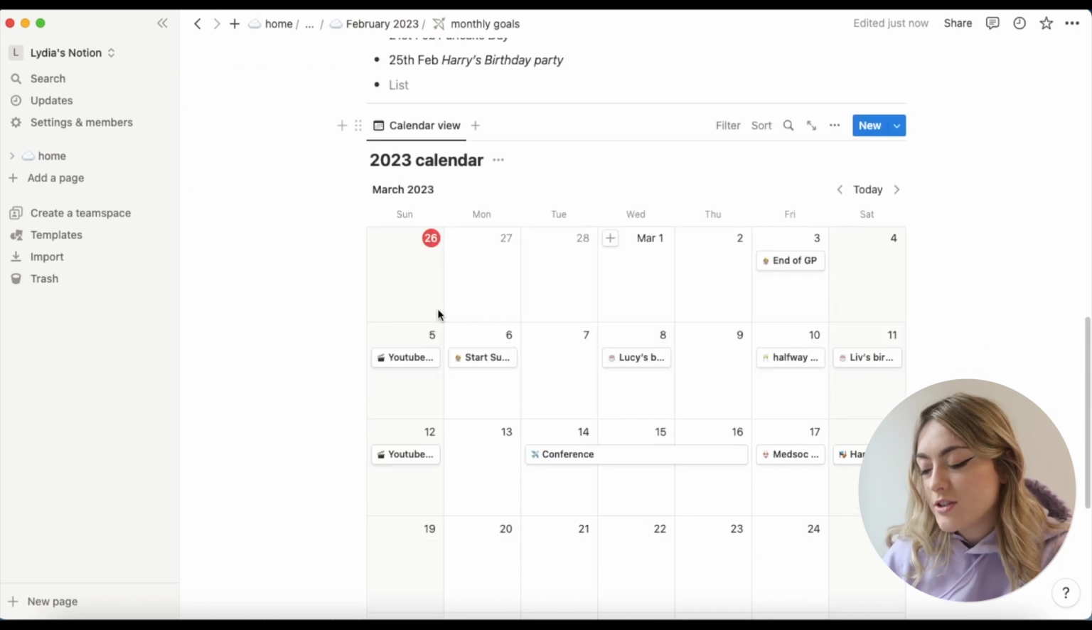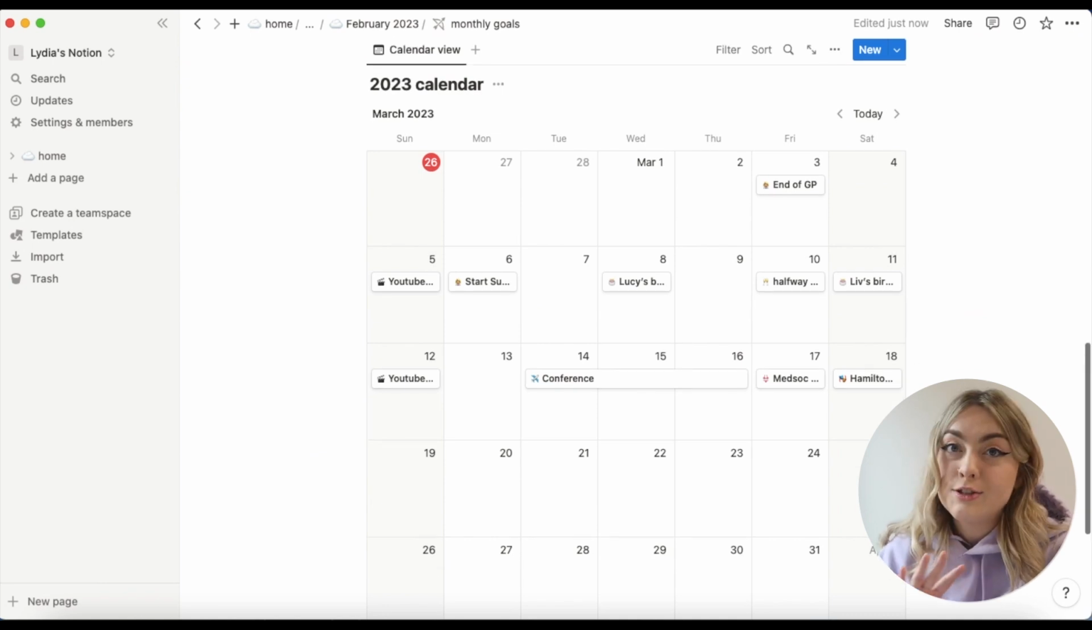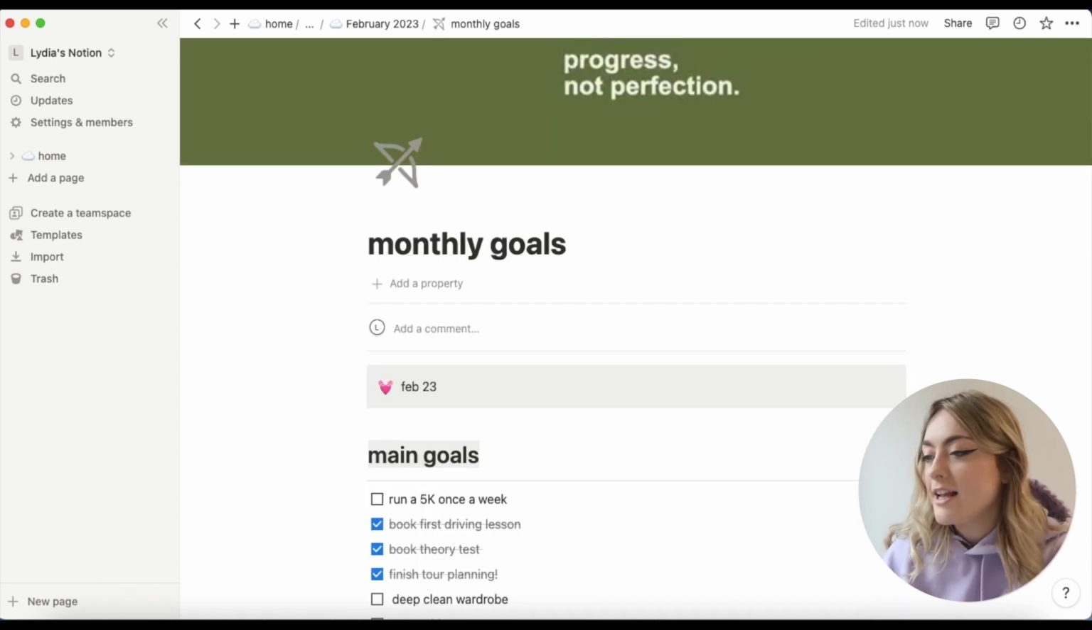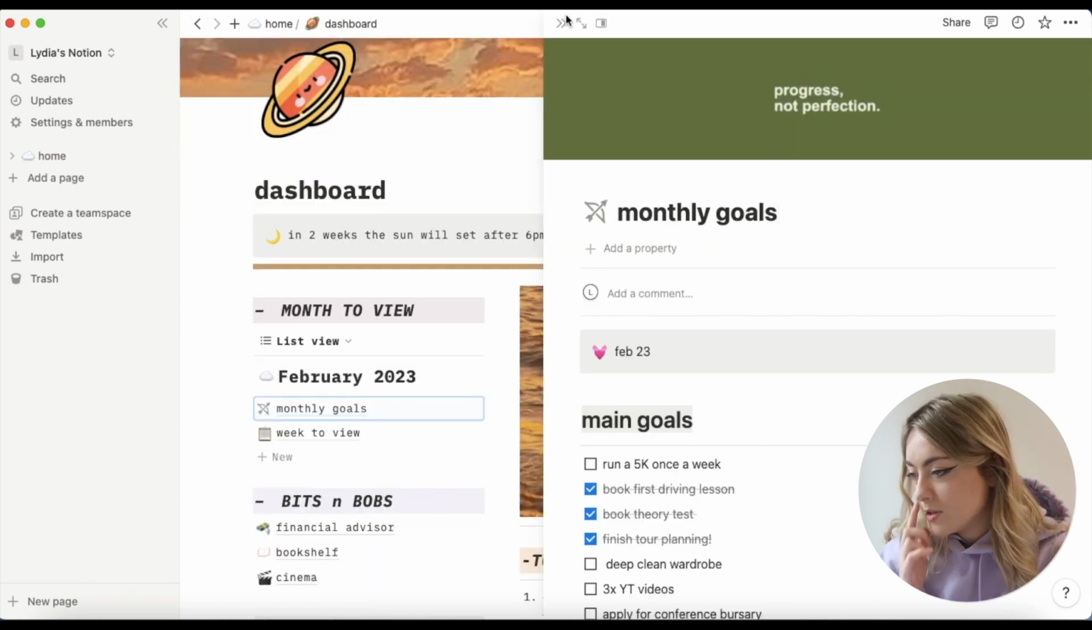So I try not to clutter it with too many things, but as you can see, March is already looking quite busy. My monthly goals page kind of echoes what's going on in my diary, so it's very similar. It's just nice to have an updated version on here. And yeah, this is a really useful page for me. Then if we go back to home, to the dashboard,